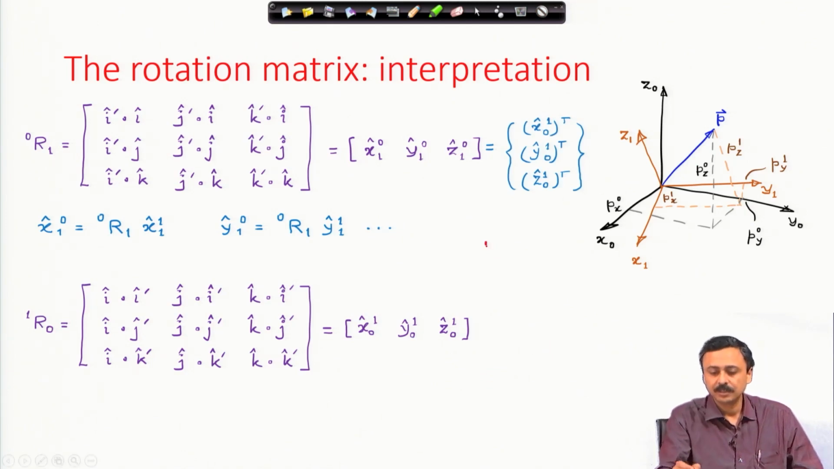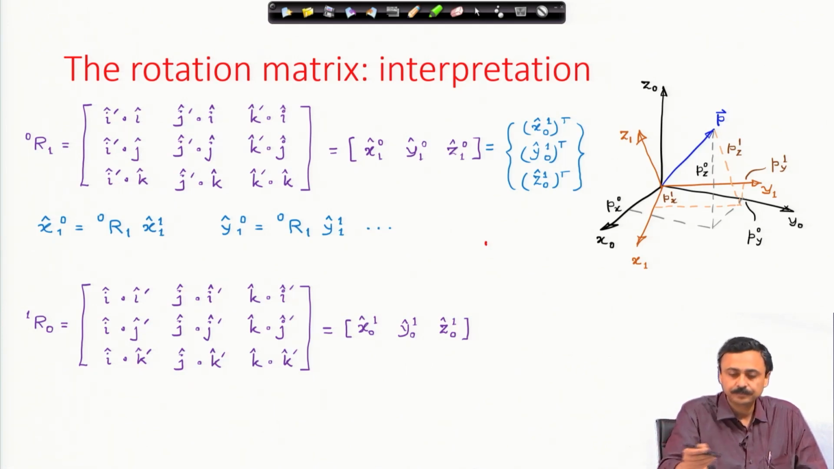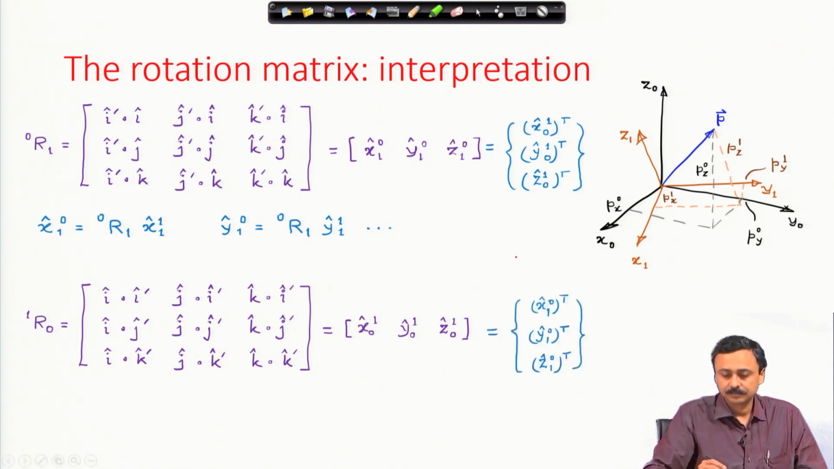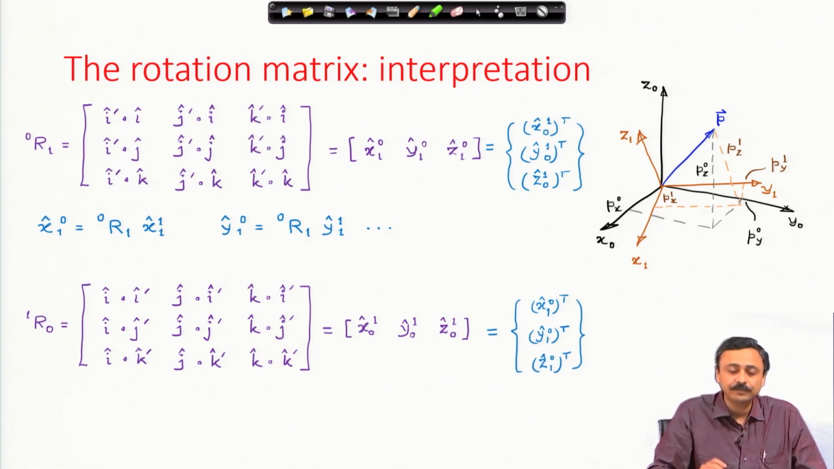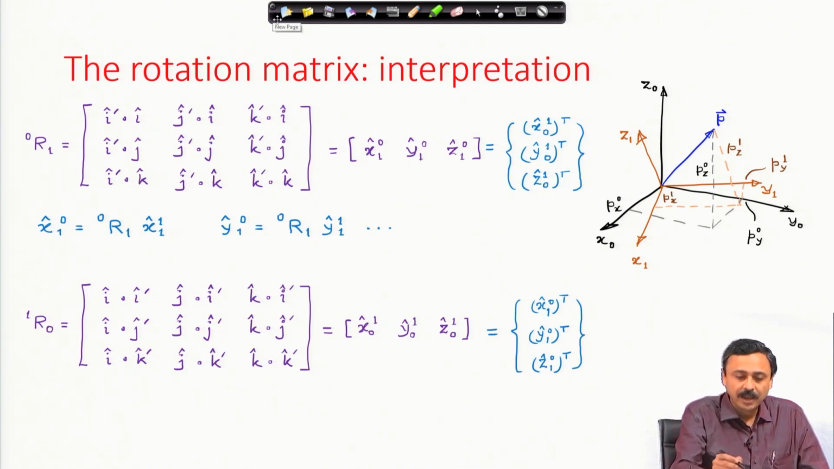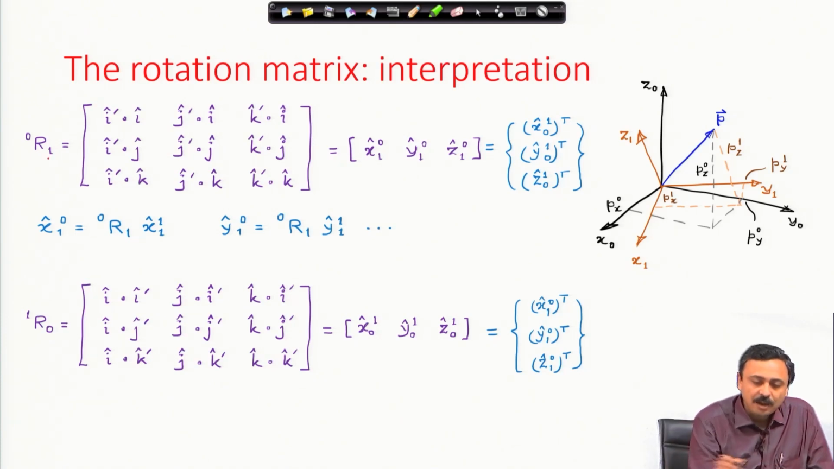So, here I have written how the rows of R 1 to 0 are to be interpreted. And similarly, of the matrix R 0 to 1, how the rows can be interpreted. Therefore, we now have a very good idea of how the rows and columns of the rotation matrix are to be interpreted. And one more thing to note, when it is R from 1 to 0,